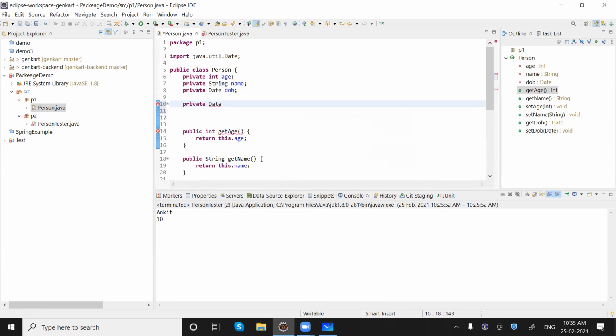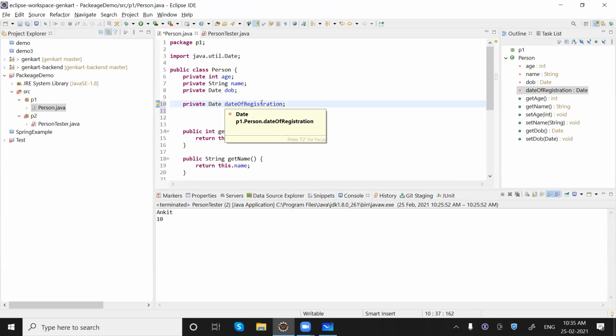Private date, let's say date of registration. For example, but I don't want to use this date from the util package.